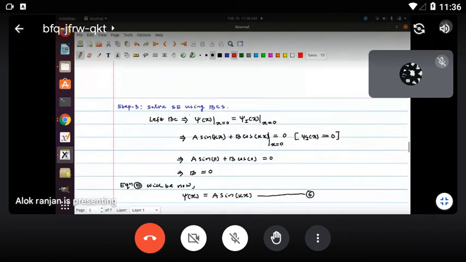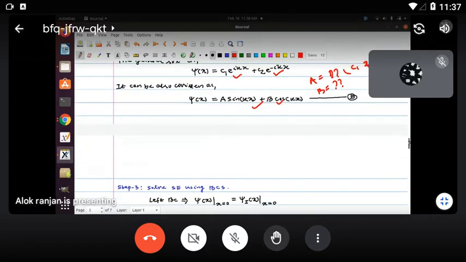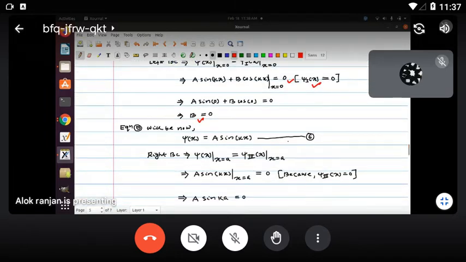When we deal with the left boundary, we have sin kx plus b cos kx at x equal to 0. And what is the psi function outside the box? This is 0. We have derived psi 1 of x is 0. When we put this in, we find the coefficient b equal to 0. So now, what would be equation 5? In this general solution, since the coefficient b equal to 0, psi x equal to a sin kx. So only mathematics, nothing great.